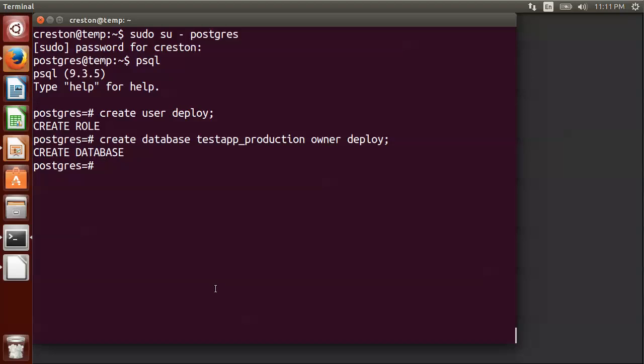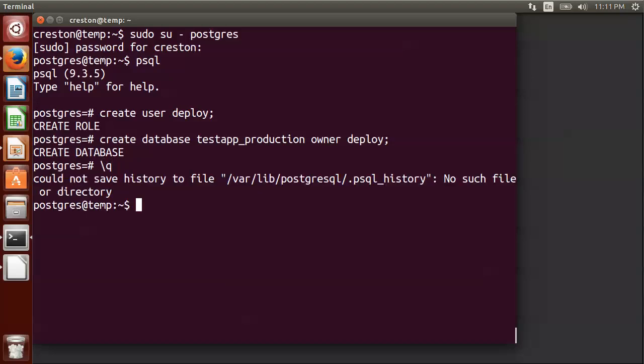Okay, now I'm going to do a \q to exit, and then go ahead and exit. So if you want to test out if it's working,